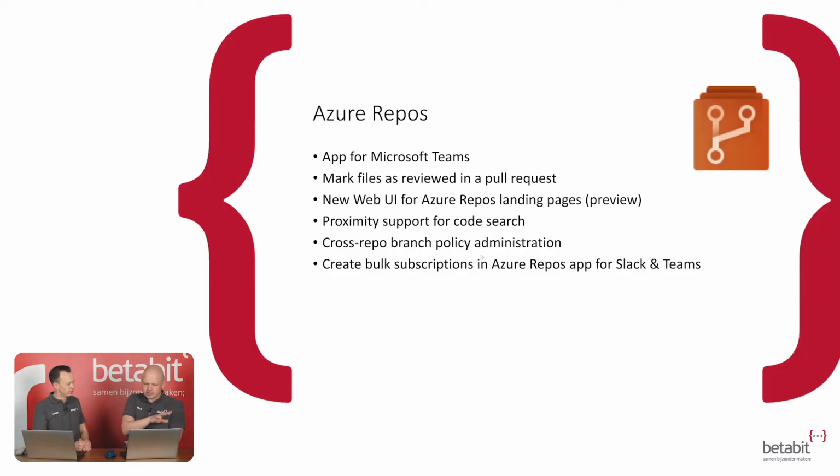No, I saw this this week, and I really liked it. I really needed it before. Yeah, let's say that. Really cool. We haven't explicitly said so: now you can mark files as reviewed in a pull request. And then the cool thing is, it doesn't show to the person creating the pull request. No, it's only visible for the reviewer. It's just for you, just a bookmark. It helps you. Okay, so you've seen this, you can go on.